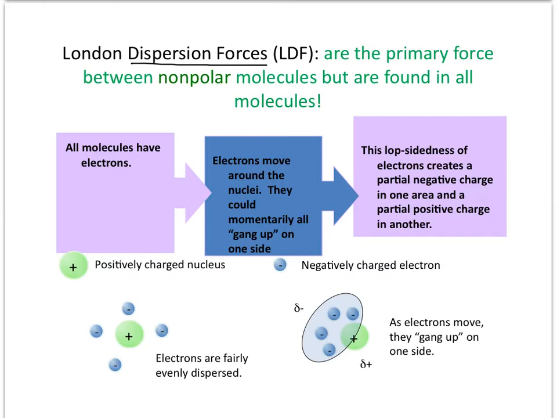If you take a look at the diagram down at the bottom on the left-hand side, you can see that all the electrons are kind of evenly dispersed. But remember, these electrons are moving. So if they gang up on one side, like you see in the picture on the right-hand side, we will get an instantaneous temporary negative charge on one end of the molecule and a temporary positive end on the other. And that makes it have a dipole. It's just temporary. It will change within nanoseconds because of the continual movement of the electrons